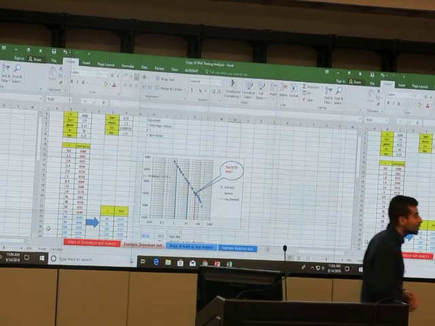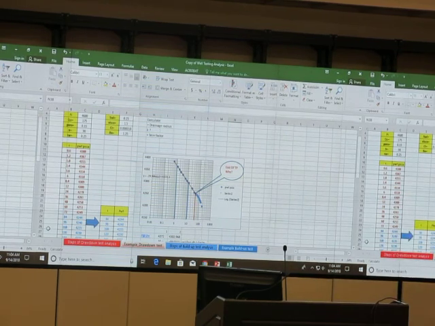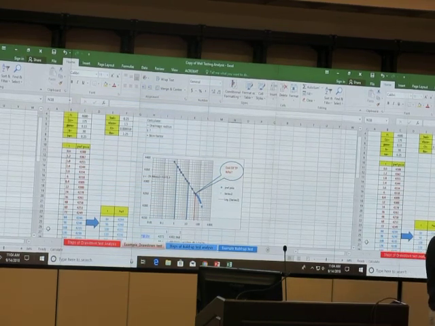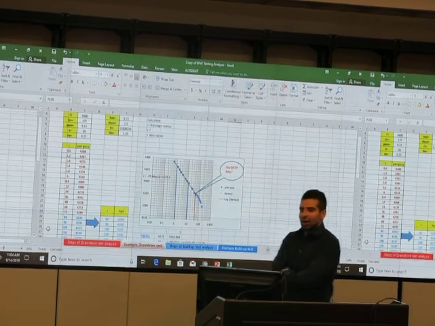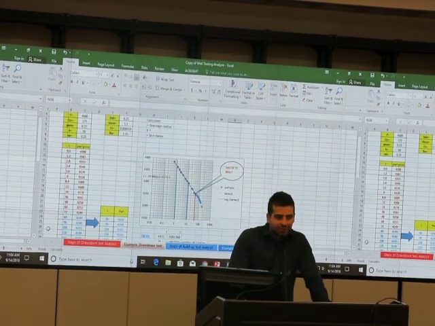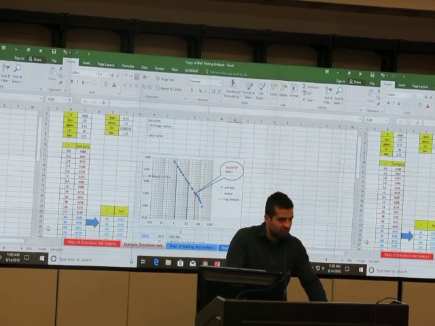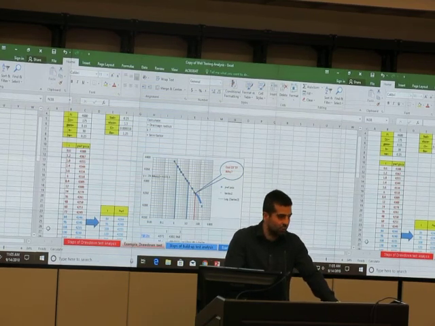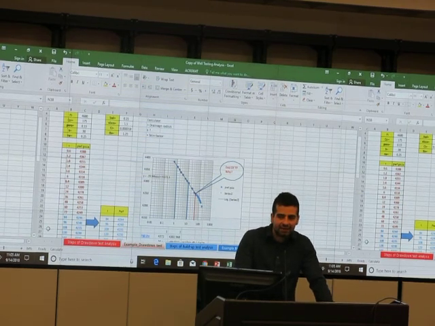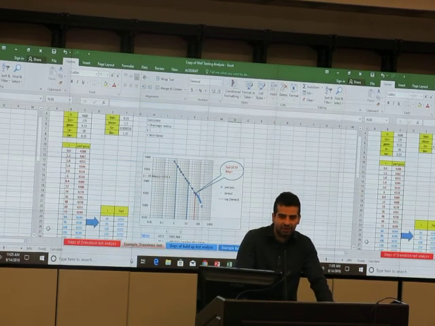What is it? Vogel? No. Okay, who else? Archie's? No. Okay, obviously I'm not asking to give the parameters and the format of the equation, because I told you, the only equation you have to know is the Vogel equation. However, you remember the E-i function? When you talk about pseudo-steady state, you're talking about E-i function. And also you remember